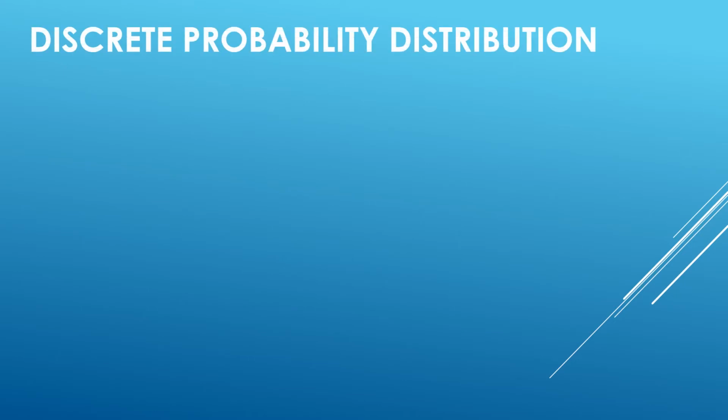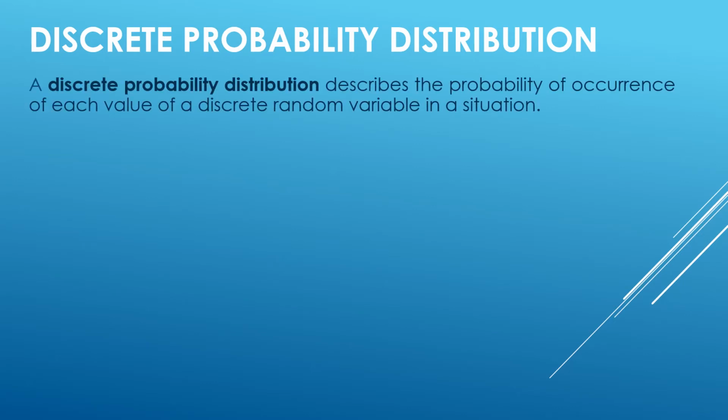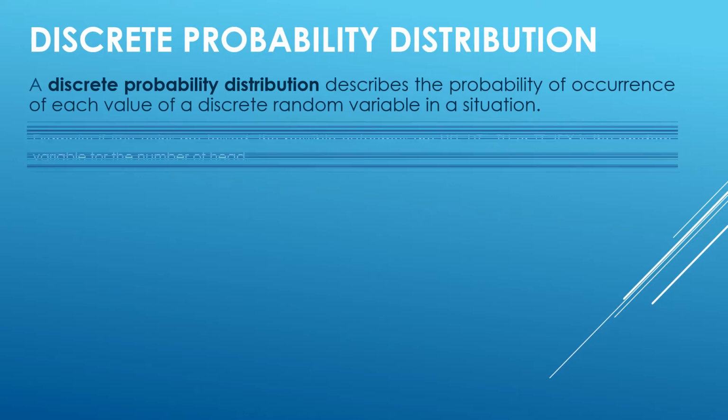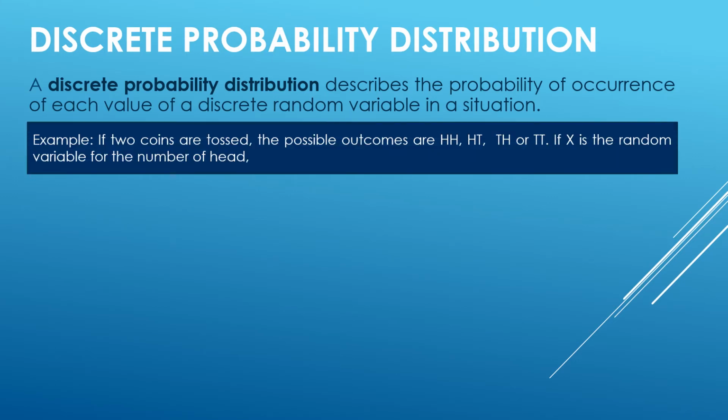So let us start with the definition of discrete probability distribution. A discrete probability distribution describes the probability of occurrence of each value of a discrete random variable in a situation. For example, if 2 coins are tossed, the possible outcomes are head-head, head-tail, tail-head, or tail-tail. If x is the random variable for the number of heads,